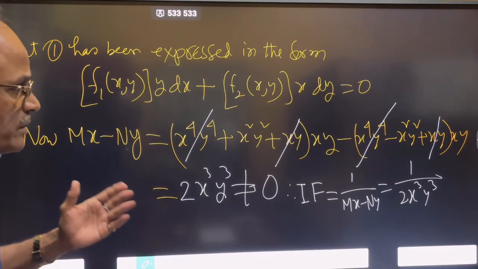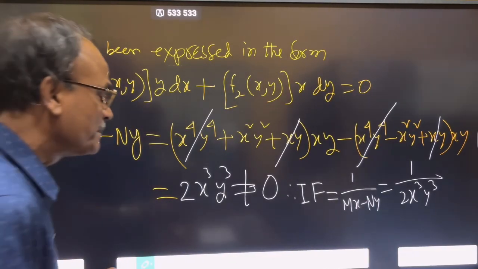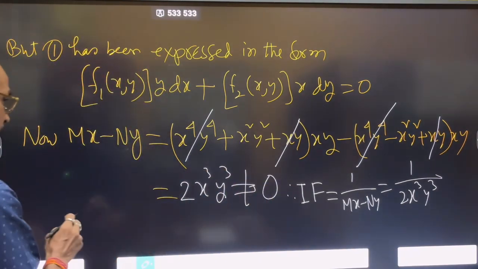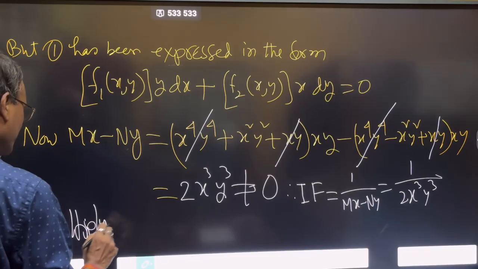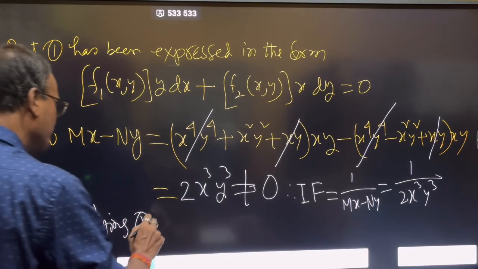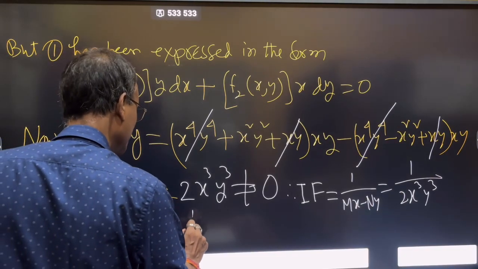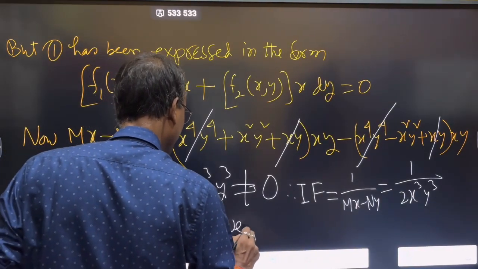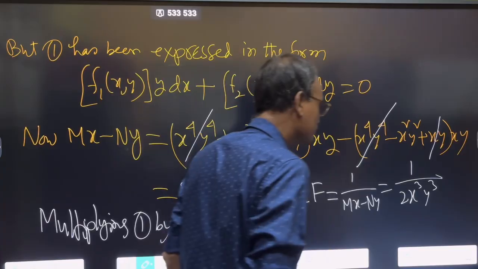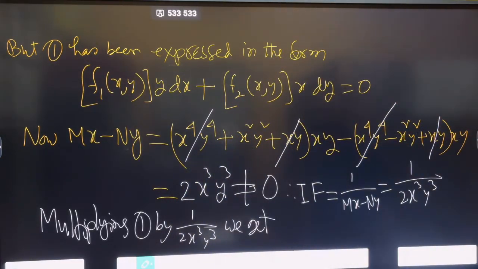The equation will become exact. Now multiplying by the integrating factor, 1 by 2 times x cube y cube, we get this: x to the power 4, y to the power 4